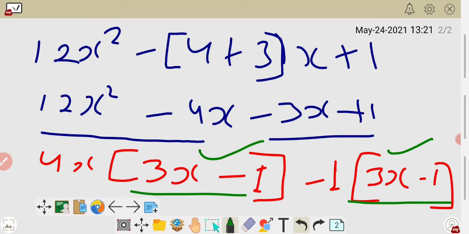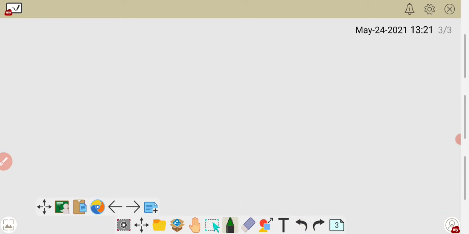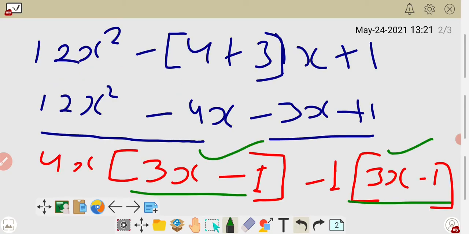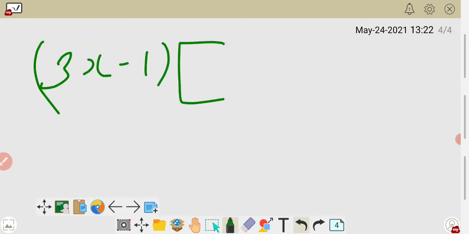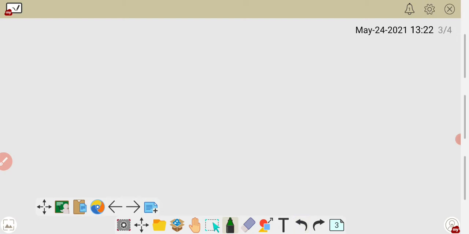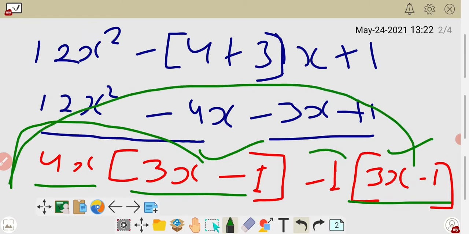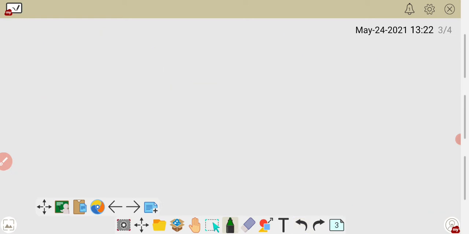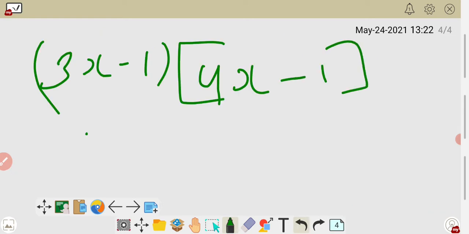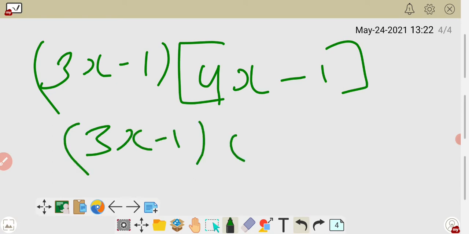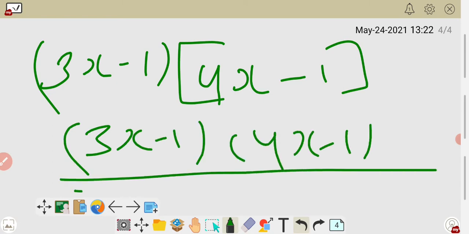Now the next step I show you, 3x minus 1. Now take out the common 3x minus 1. When you take it common, just look here, when this comes outside, only 4x is left, so write here 4x. Okay, now come to this side again. When from this side it comes outside, then only minus 1 is left, so write here minus 1. So you make two brackets here, 3x minus 1 and 4x minus 1, and it is your complete answer.